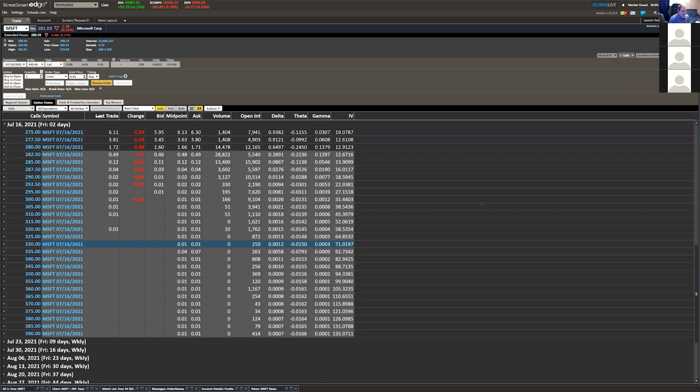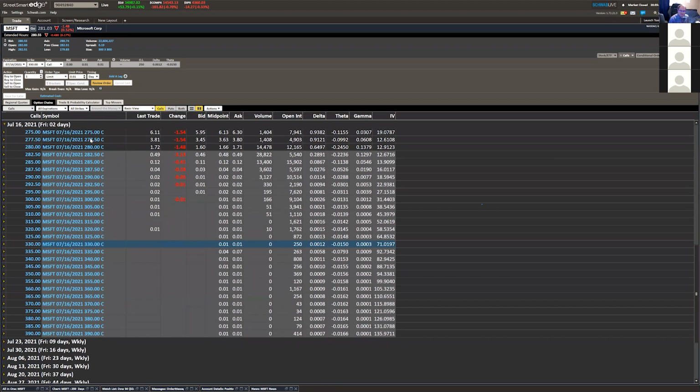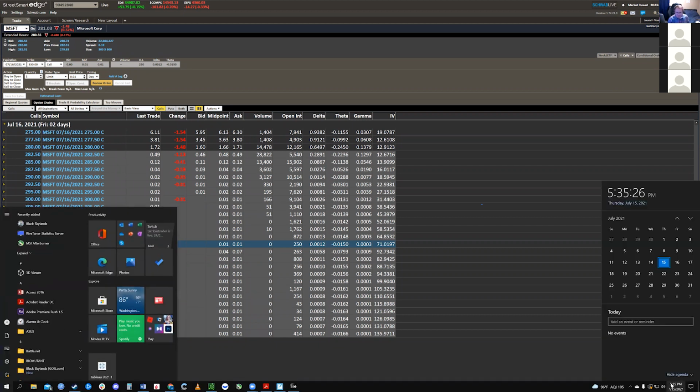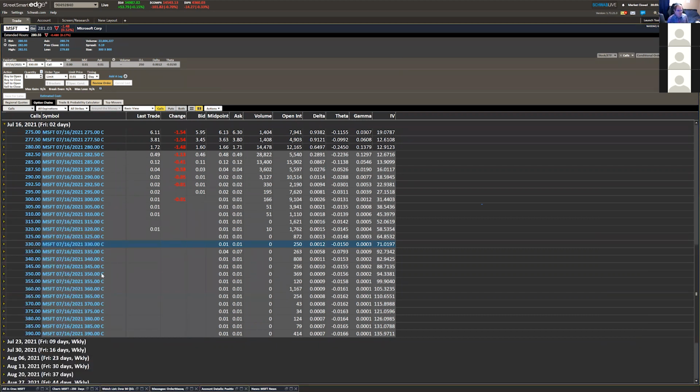This expiration date is 7/16, so that's how many days? That's tomorrow. Do you think Microsoft is going to hit $335 in the next day if it's at $281? That makes no sense. No. And people will buy these in hopes that something will happen. You can see that the price slowly decreases. So if you see this one right here, 282.50, math-wise, to buy Microsoft tomorrow at 282.50,